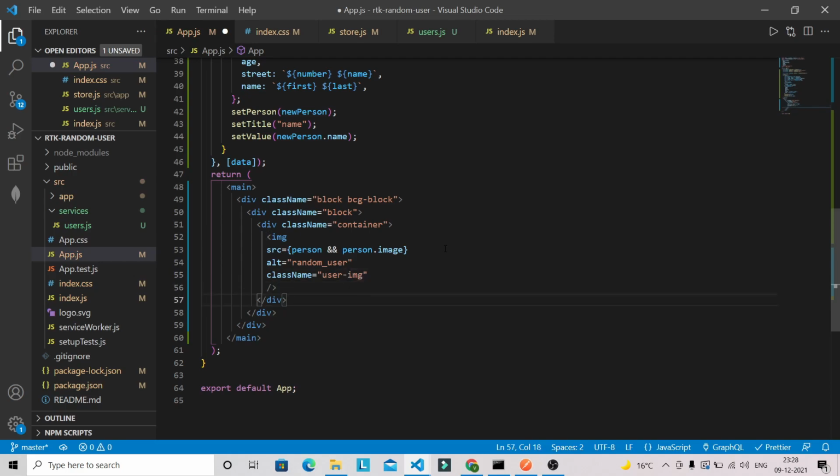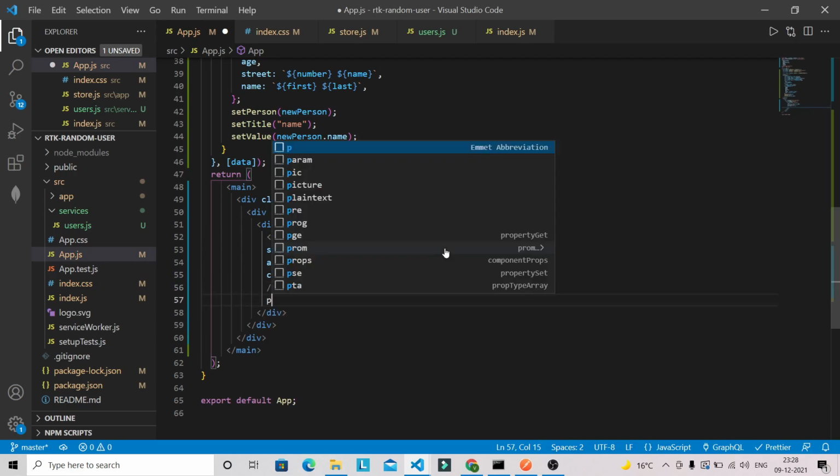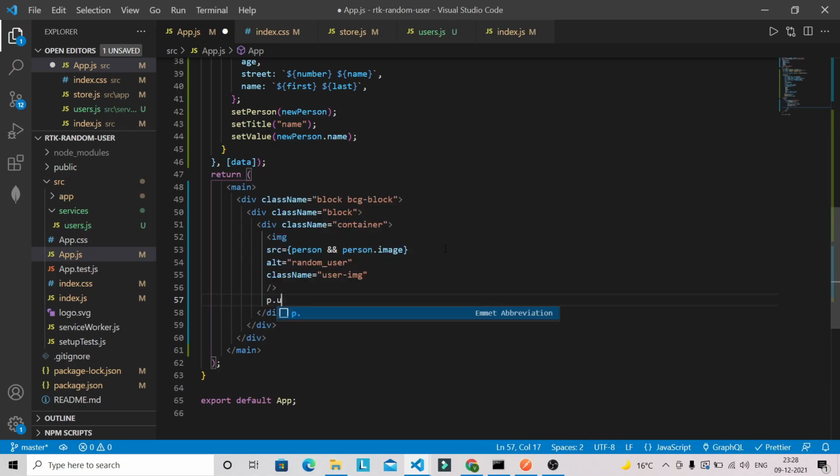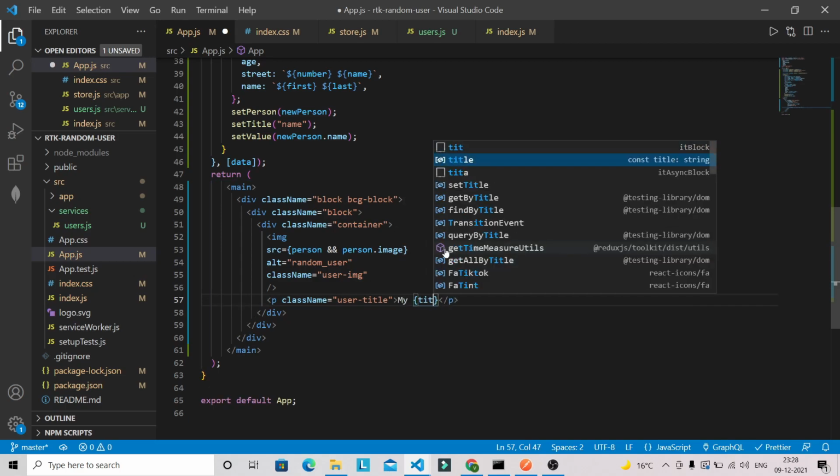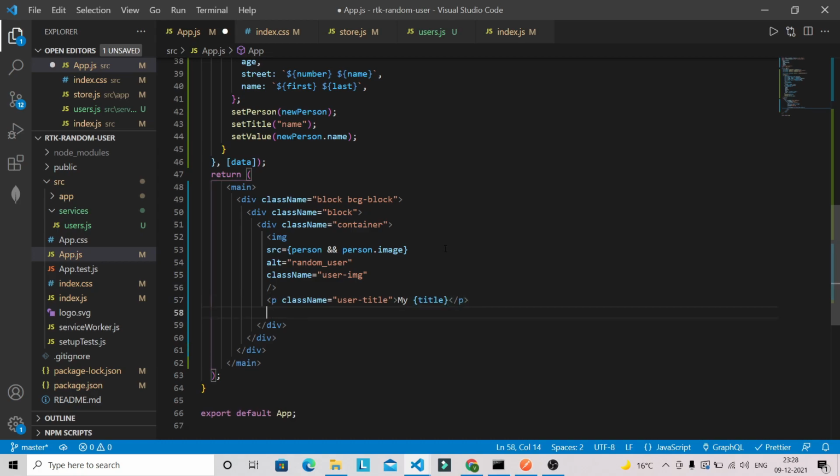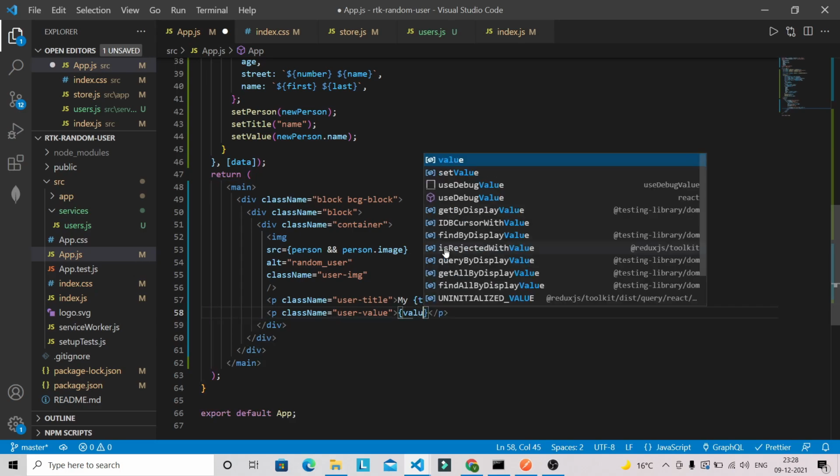After this image tag we are going to have one p tag with the class name user title, and here we are going to define the title. So let's put here title. We are going to have one more p tag with the class name user value, and here we are going to have just value.